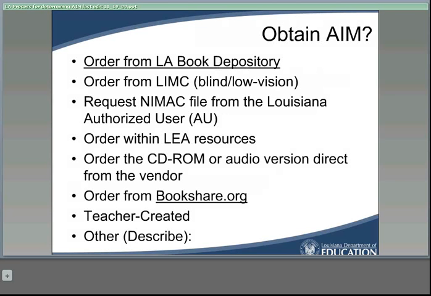If students have blindness or low vision, these materials will be ordered from the Louisiana Instructional Materials Center. You can request that files be downloaded from the NIMAC, from the Louisiana Authorized User, if that student has the eligible print disability for that format. Note that for some students, the files from the NIMAC will not be the most accessible file for that student, especially if the student has issues related to severe cognitive disability or some type of other disability that would keep them from